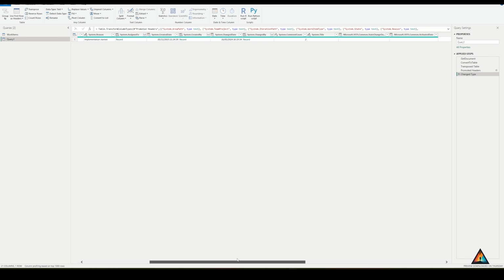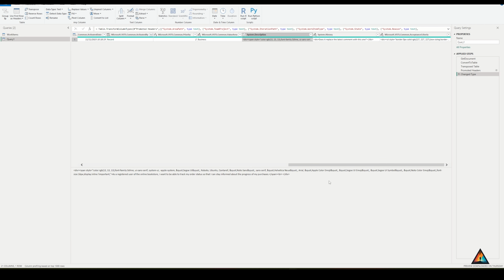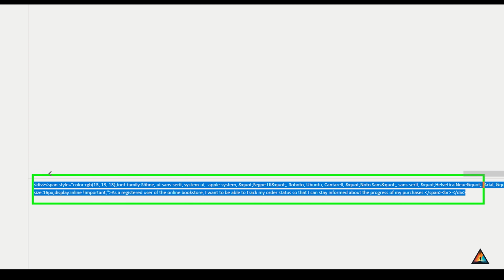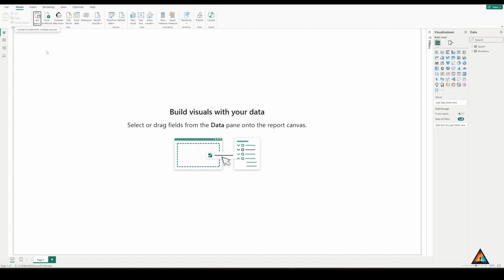But if I now go across to the column where I get the description, and I click on it, you can see down here at the bottom, if I make the text a bit bigger, I don't think I can do that, but we'll zoom in a little bit so you can see it. You get a lot of this HTML stuff going on within it. And if you're rendering that, let's say we save this and we build a visual,